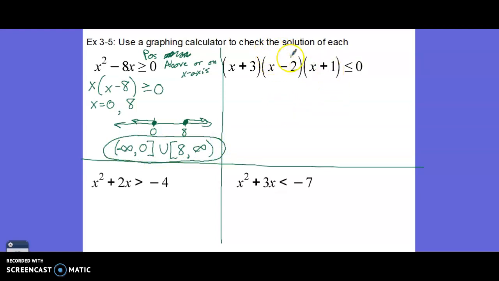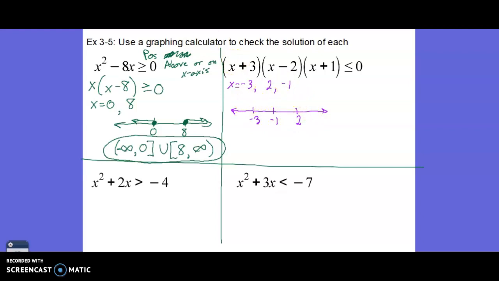Now this next problem is getting more complicated. But when you find all of your zeros, because it's already factored for you, we have negative 3, positive 2, and negative 1. So if you're doing it the way the book wants you to do this, we would have negative 3, negative 1, and 2. Make sure that you go in order,